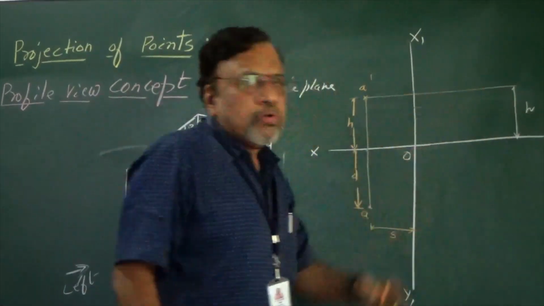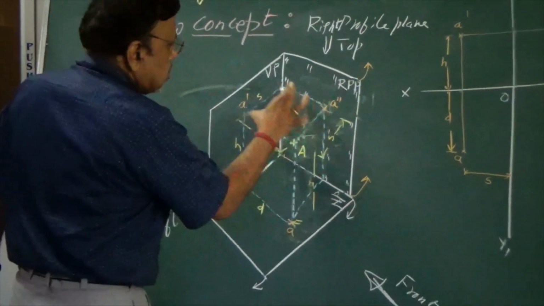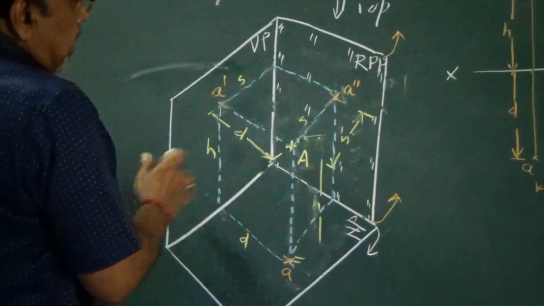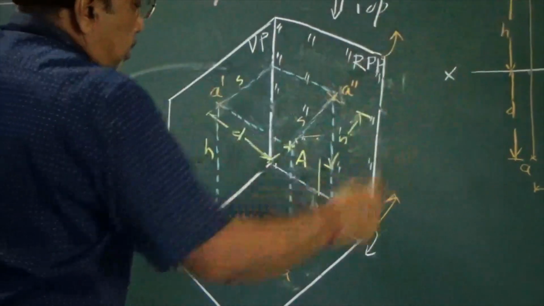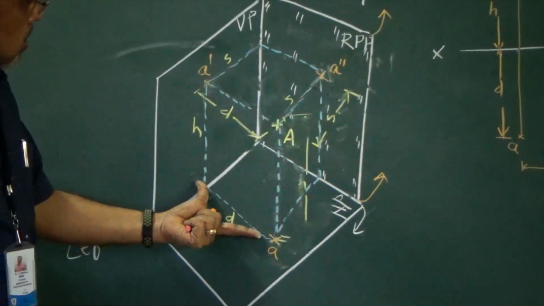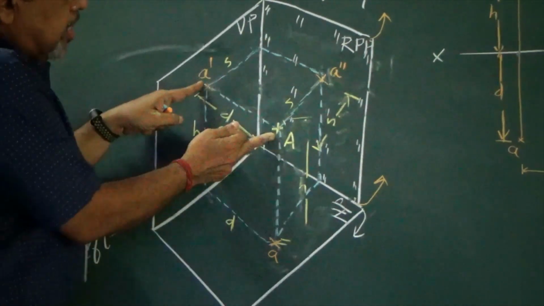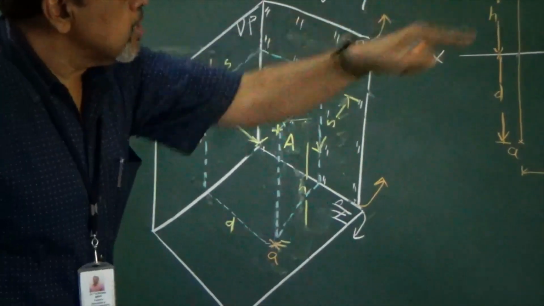Now obviously I need to measure this distance. So what distance do I need to measure now? As you can see from this case, I have just marked this S distance. Now I need to mark this top view. So what is the top view distance I have shown? I have just shown that as D distance. That is the D distance I need to show. You can just see this. This is D.